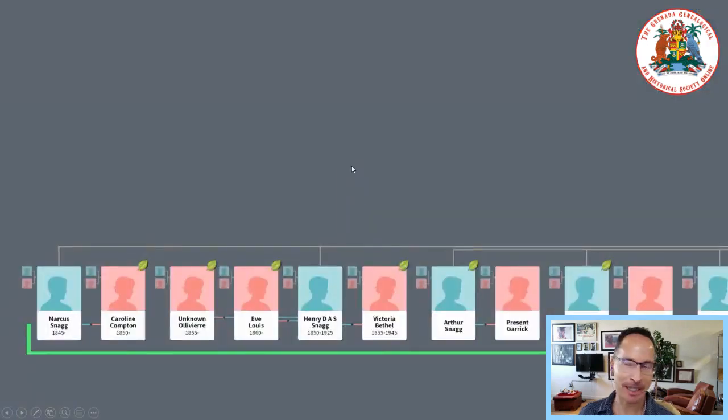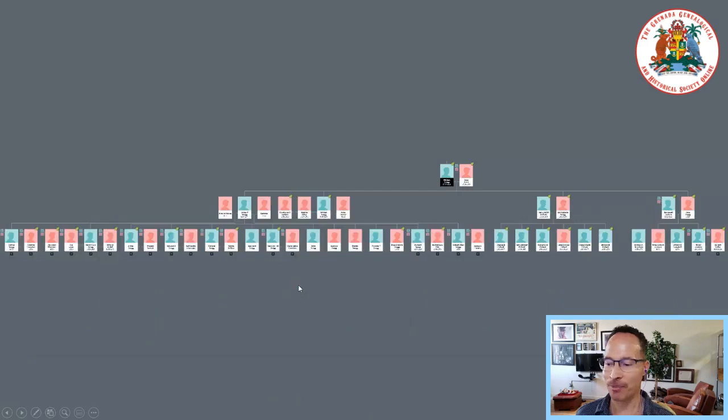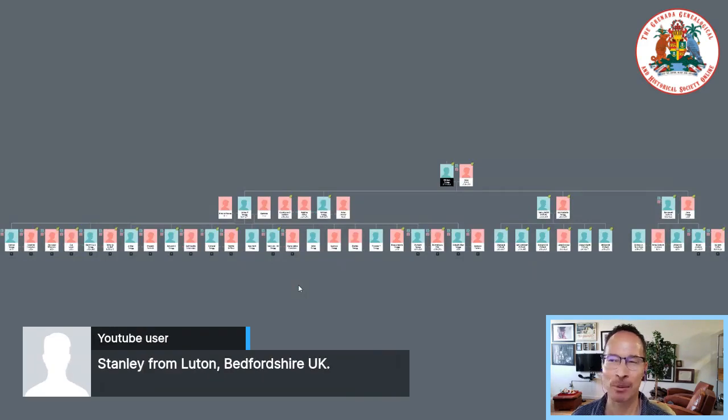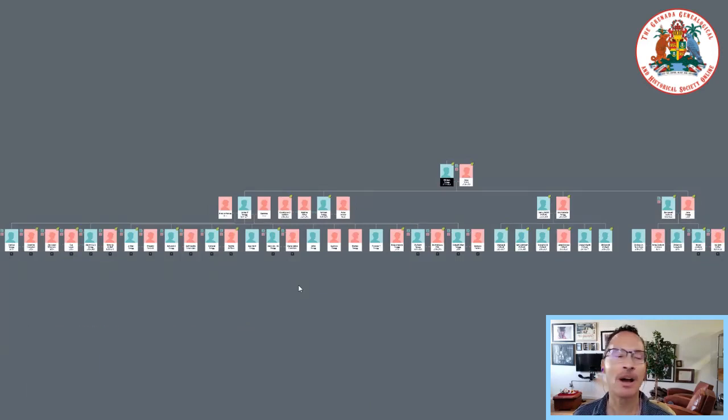A subset of it, we have meetings every Sunday on Zoom, and we go over the tree and we tie things together, which I'll talk about in the next few slides. This is the tree that we're working on. This is kind of a bird's eye view, not readable. This is one top of our Kanawha tree. At the top of this tree is William Snagg, who owned the estate on Kanawha. He bought it in about 1802.